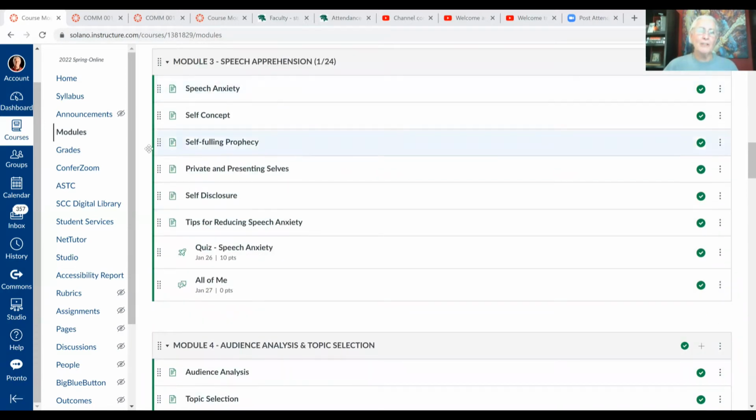So this module right here that you're working on this week, the first of 3, deals with how to control speech apprehension, or what we call nervous anxiety. And when it comes to public speaking, probably the one thing that everybody wants to learn how to do is, how can I get rid of the nervous anxiety? And I don't mean to be a downer, but that's not the goal, right? We're not trying to get to the point where we don't feel nervous before we give a speech, because you're not going to be able to do that.